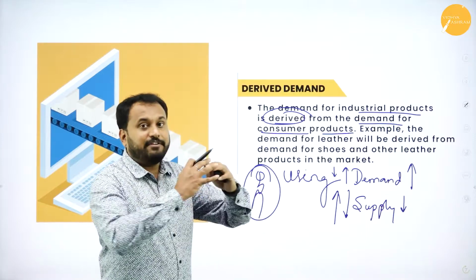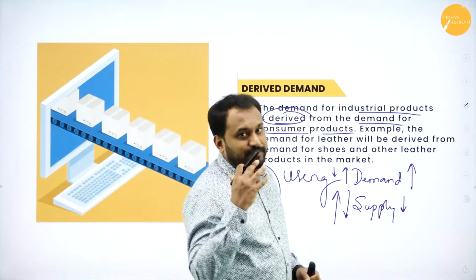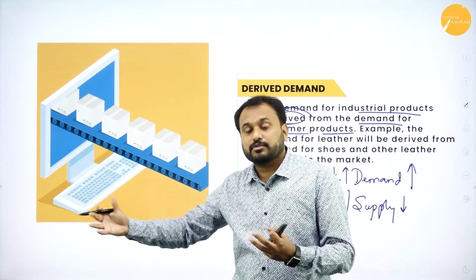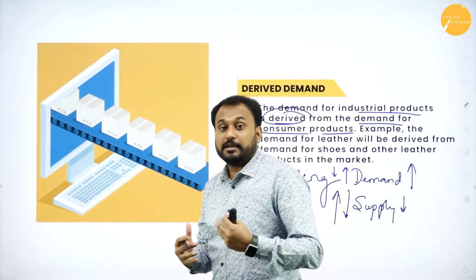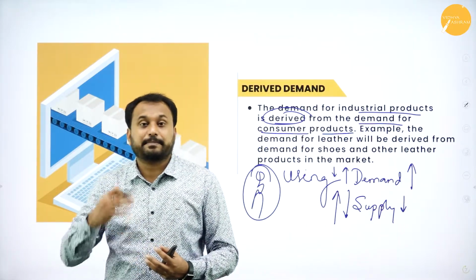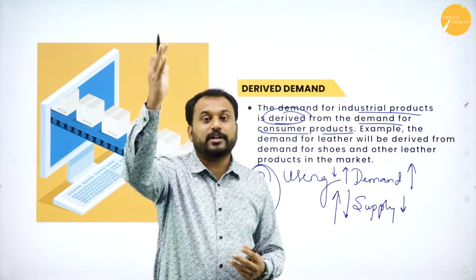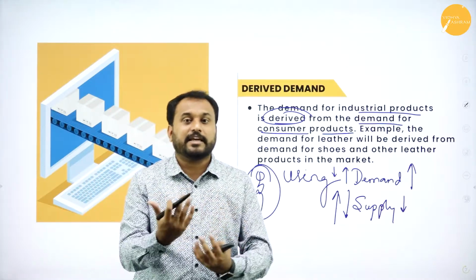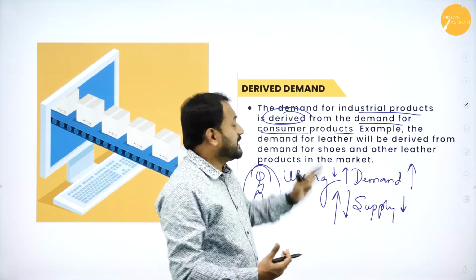That means in every part of the world, wherever you go, if somewhere there is no demand but supply is more, you are supposed to import it. When demand is more and supply is less, what does the seller need to do? He needs to export his product. So all these things are playing with the import as well as the export. Now how does the marketing concept help you to understand derived demand?